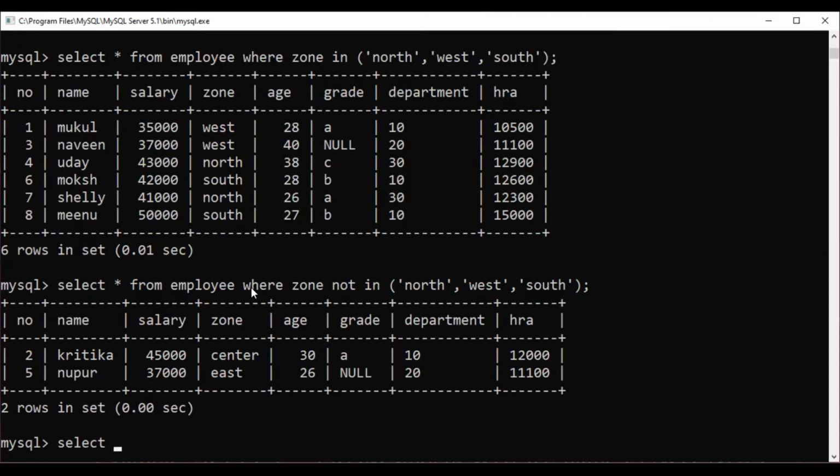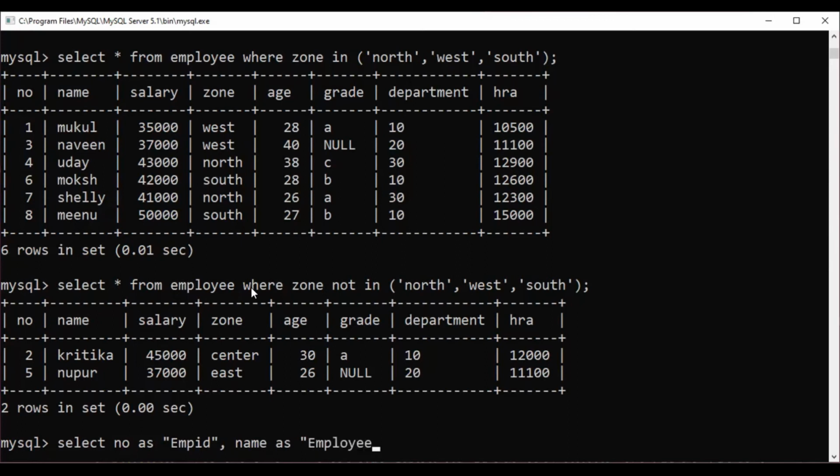Select number as, how do we want to display it? We want to display it as EMP ID, comma, and name as employee name.